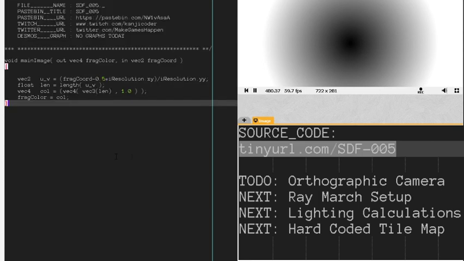Okay, so anyway, this gradient here is just a good visual indicator that we have our transformation of those fragment coordinates correct, right? Because the black is in the center, 0, 0, and then it fades out on the x, it fades out on the y as well. So